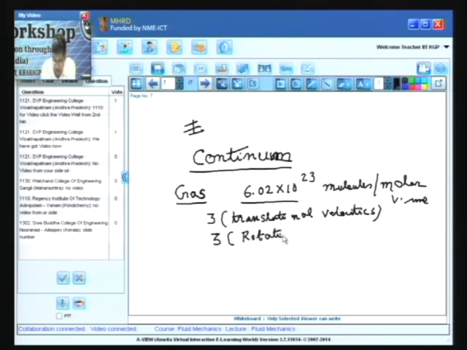If we take only these three rotational velocities in a coordinate frame of reference, then we have to have 6 into, for each and every molecule we have these three translational, three rotational velocities,